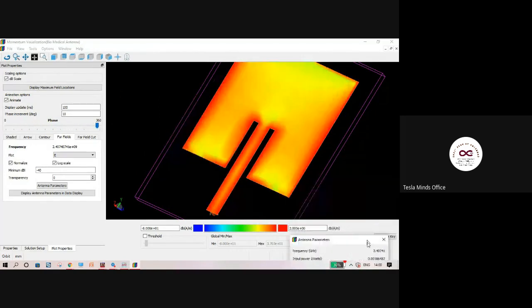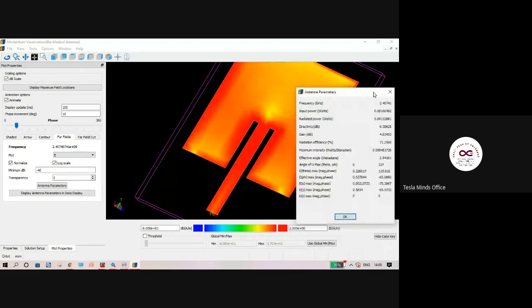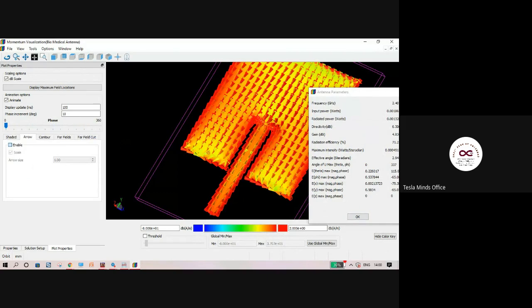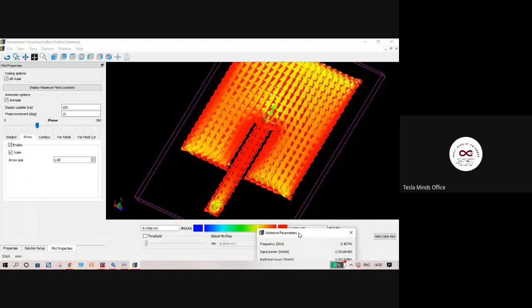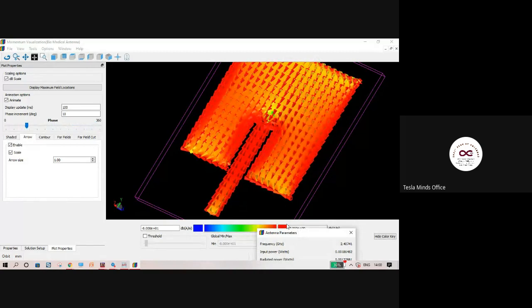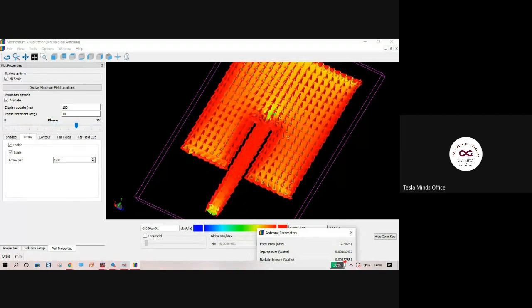Then we visualized the way in which the electromagnetic fields flow inside the antenna structure. Maybe I'll just show you the arrow also. Just a moment. Maybe I'm sorry, but the update is slow. Okay, but you can see the arrow marks changing their polarity for each cycle. So that's how power enters or leaves the antenna structure.